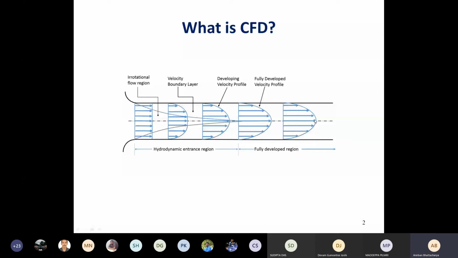So the scientists used to simplify the problems into very simple problems which are solvable using analytical methods. What is the other option if the problem becomes too complex? For this case, it is a simple problem, so it can be solved analytically. The other option is that we will perform experiments. We'll take a tube in this case.